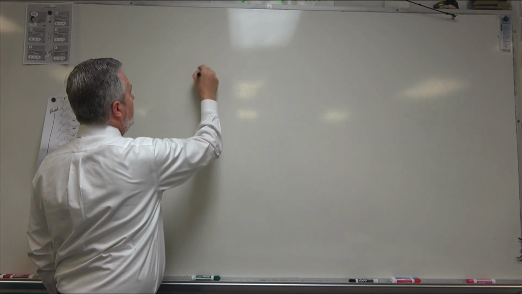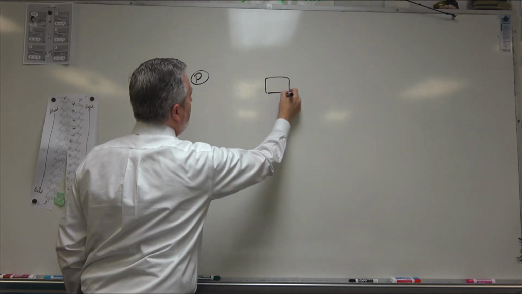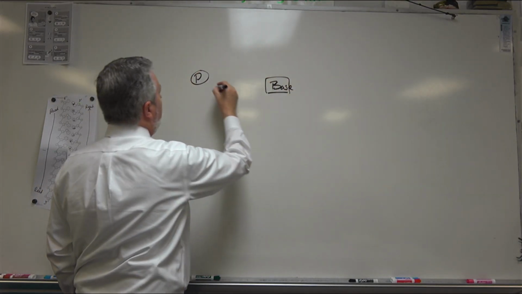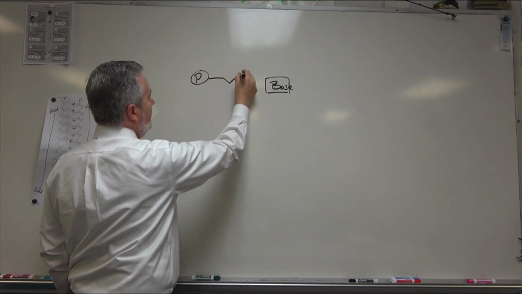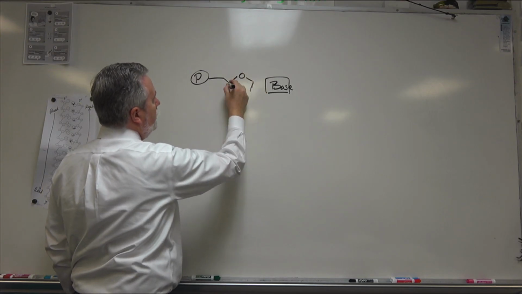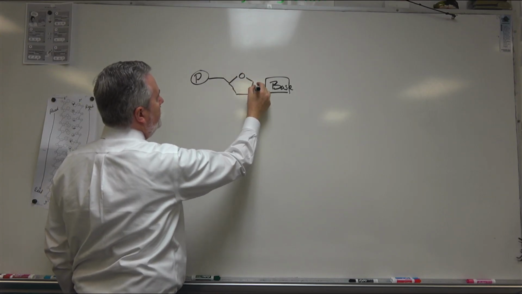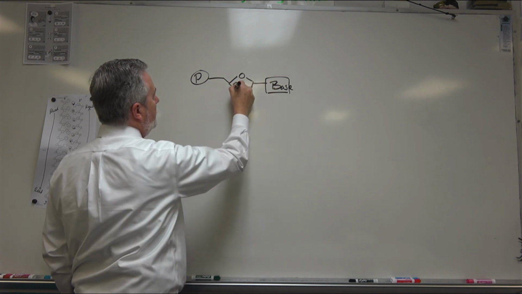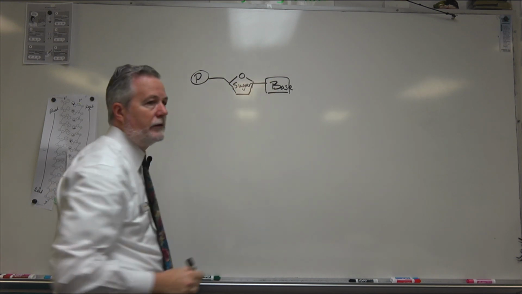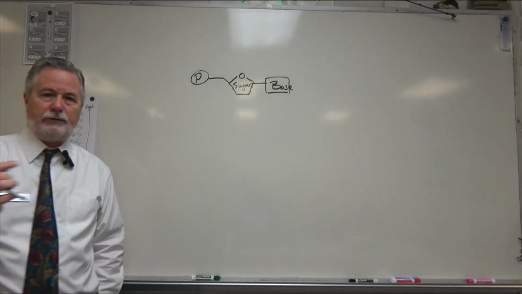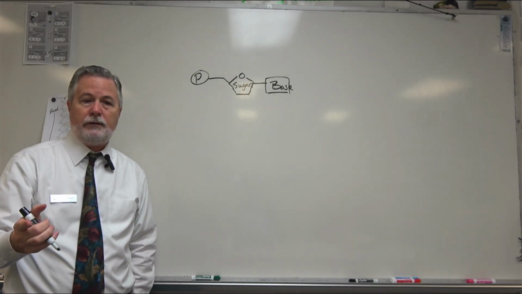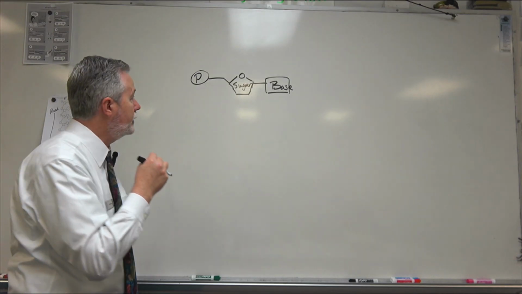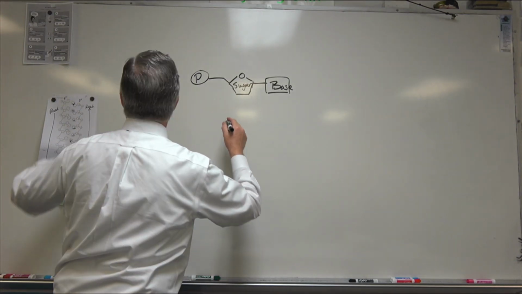Phosphate. Okay. And what is the name of that 5 sugar or 5 carbon sugar that's in DNA? Deoxyribose. Good. And if it's an RNA, it's ribose. All right, great. So we have those two